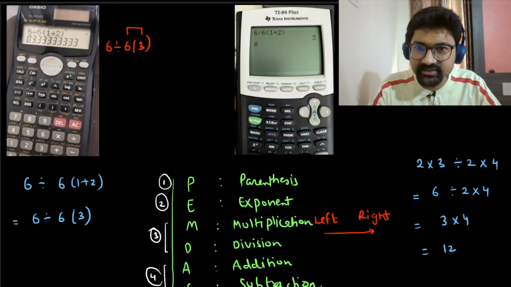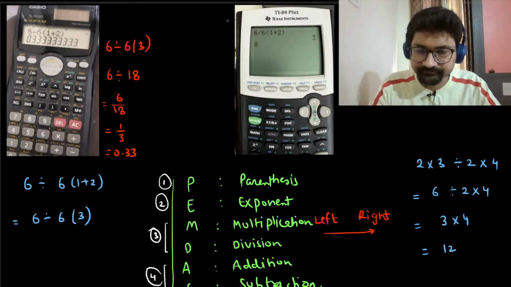So this is taken as the first priority, rather than the division. So this works like 6 divided by 18, and 6 divided by 18 is of course 1 over 3, which is nothing but 0.33. On the contrary, if we talk about the TI-84, that's the latest version of the calculator,